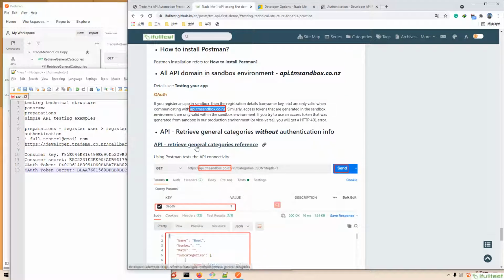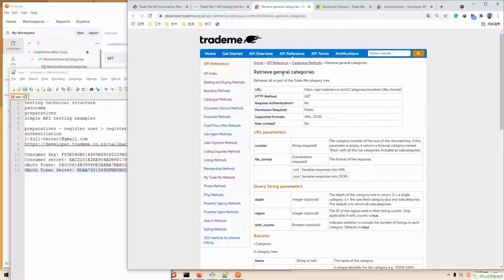Let's see the API details. See, retrieve general categories. At the requires authentication field, the value is null, so that means we don't need to fill in the authentication info.